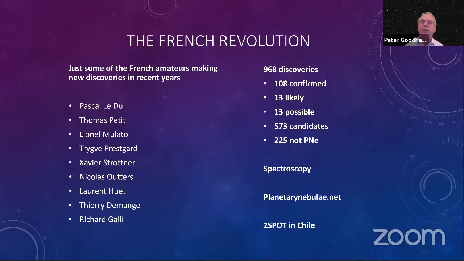And they are also currently in the process of a project called 2Spot, where they're setting up a remotely controlled spectroscopy telescope in Chile. It's been delayed by the pandemic. They were hoping to have it up and running last year, but hopefully within a few months they'll be able to do that. A key reason for that is that most of the spectroscopy and most of the research has been done in the Northern Hemisphere, and there's a lot still to be examined and checked in the southern hemisphere.